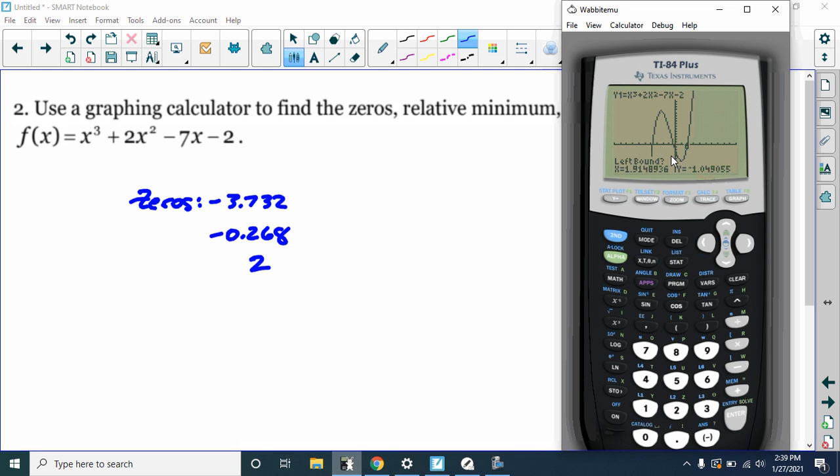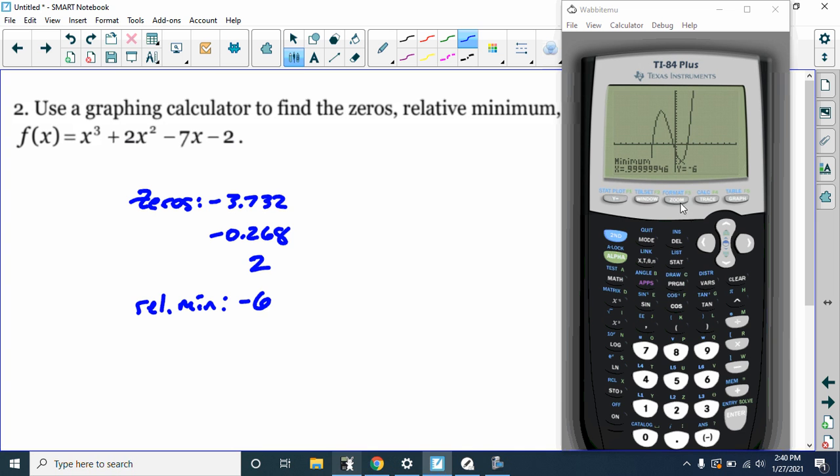And again, you just need to give it any x value to the left of that point and any x value to the right of that point. So it looks like it's at around 1. So if I enter 0 for my left bound, 4 for my right bound, that should do it. Guess, again, there's no other minimums in that range from 0 to 4 other than this point I'm looking for. I can just push enter again, and it found this value. My relative minimum. You can either list it as an ordered pair, 1, -6, or